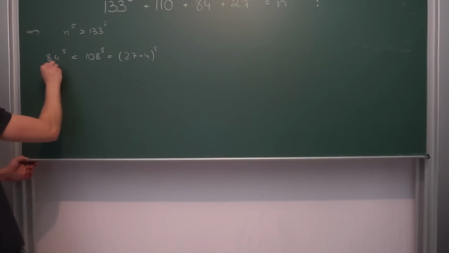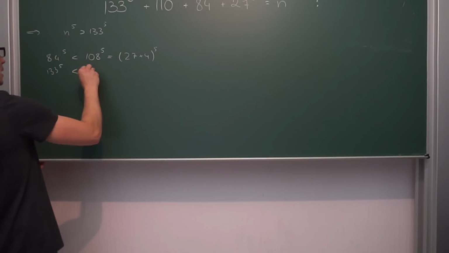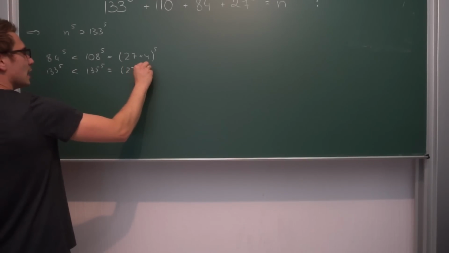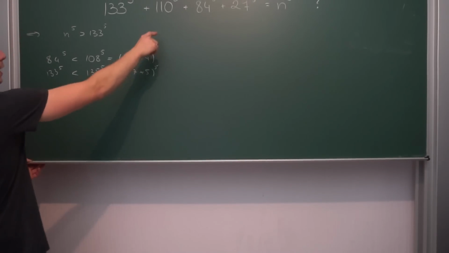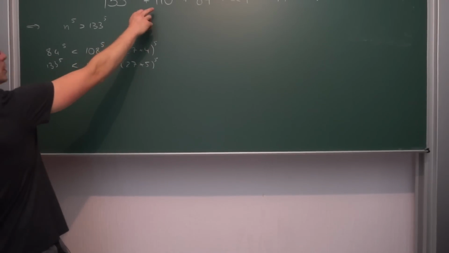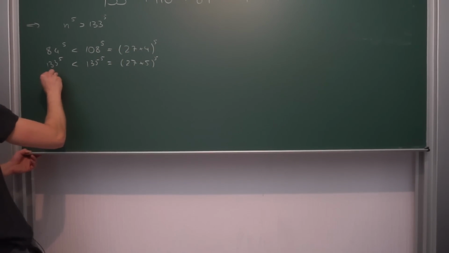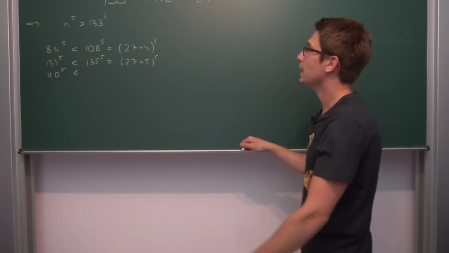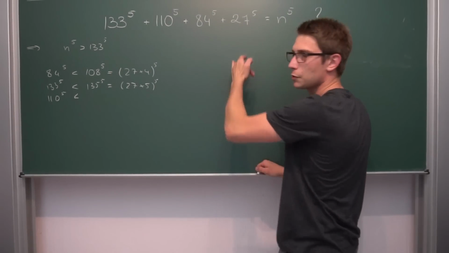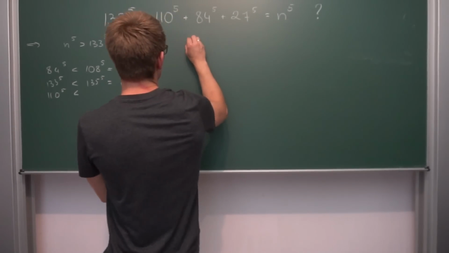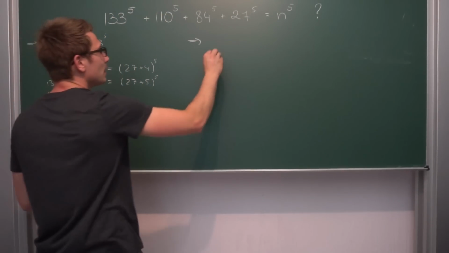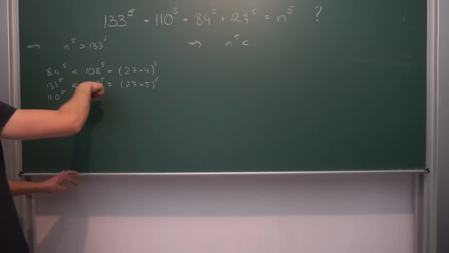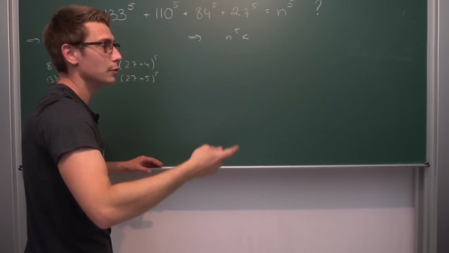So 133 to the fifth power is less than 135 to the fifth power, which is the same as 27 times 5 to the fifth power. And same thing here, we have 110 to the fifth power, which is the same bound. So now we have bounded our n to the fifth power from above, meaning consequently, if we get everything together, we have that n to the fifth power is less than all of those multiples of 27 to the fifth power